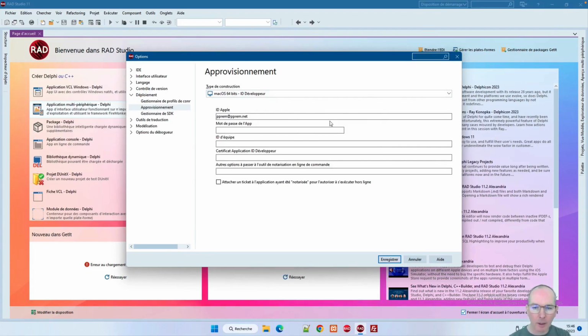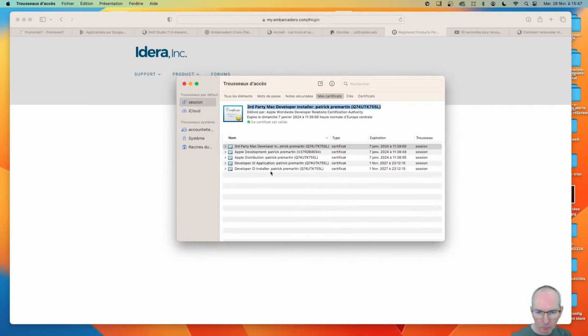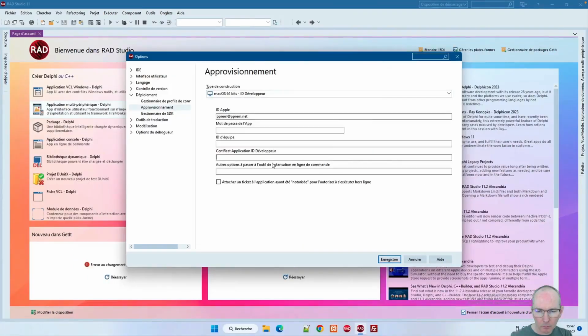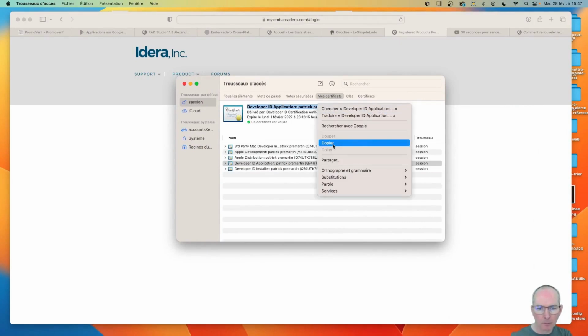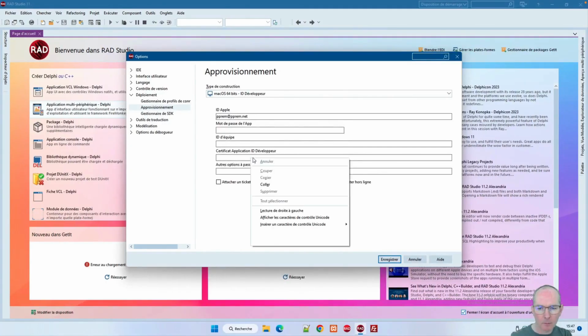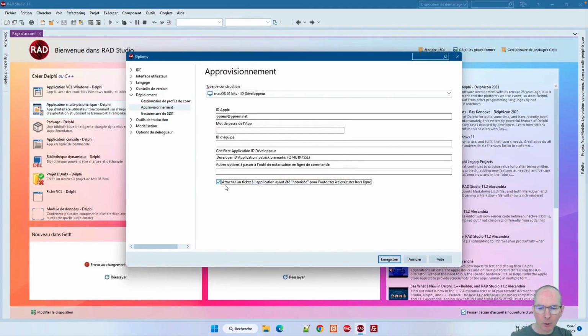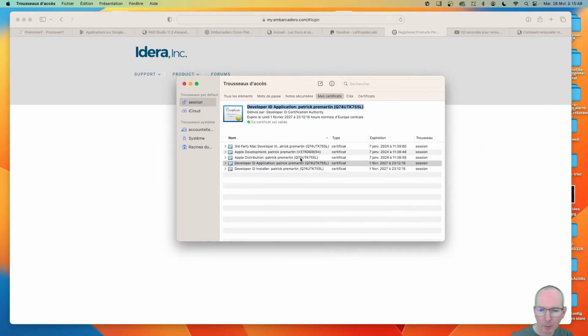A password that is not the account password, but a password for the application. The team ID, what is that now? That must be new. Developer application ID certificate, that's the one. Developer ID application, this is it. And we check the box. So team ID, I don't remember what it is. So I'm going to set the password. At that point, we will generate a password. So the application password here,